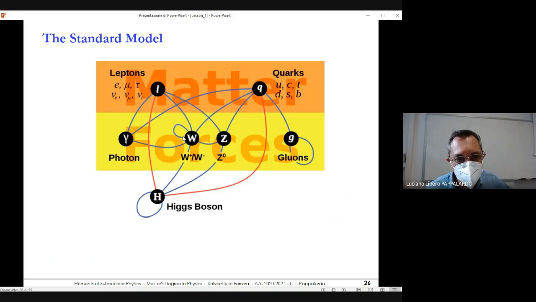And then you also find some self-interactions like these. The Higgs is a massive particle, as we have seen, 125 GeV, so it must interact with itself. We will study this self-interaction. Also, there is a self-interaction of the gluon, because the gluon carries charge, differently from the photon, which does not carry electromagnetic charge. And so the gluon, as we will study, also self-interacts.